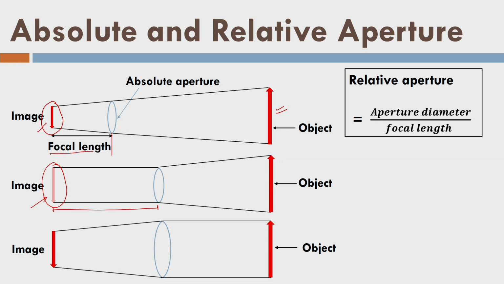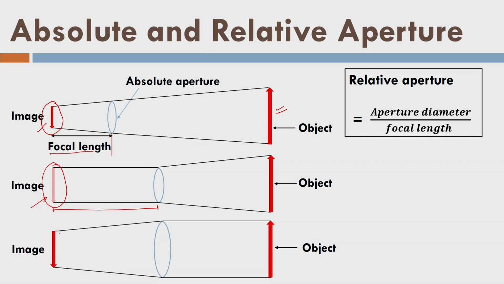On the other hand, what if I want to have the same illumination, but at the same time I want to increase the focal length? That means I want to have higher details, a clear image, a better image. So what can I do here? I need to increase both focal length as well as aperture size. That we are showing here, and now we are getting a larger image or image with higher details, as well as the same illumination as what you get here in this case.